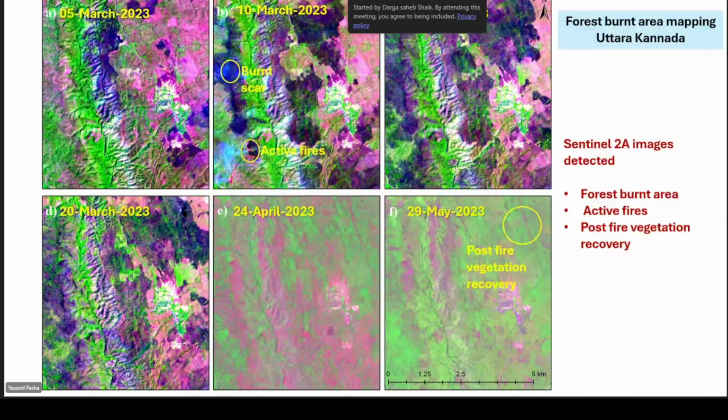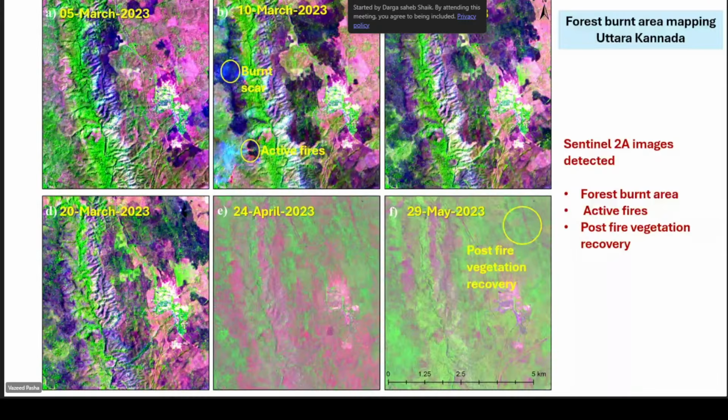Even on 10th March, you can evidently see the active fires, burnt scar, and fire plume. But if you take 29th May or 24th April, you can see post-fire vegetation recovery, meaning the top canopy is not impacted, only the ground canopy is impacted.